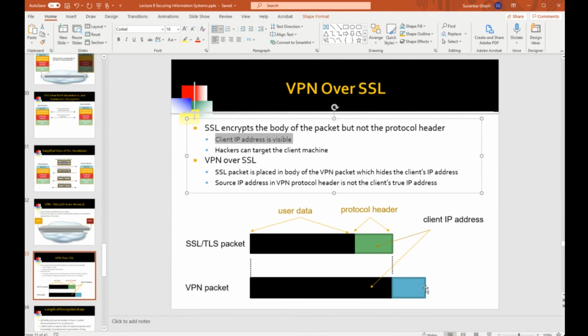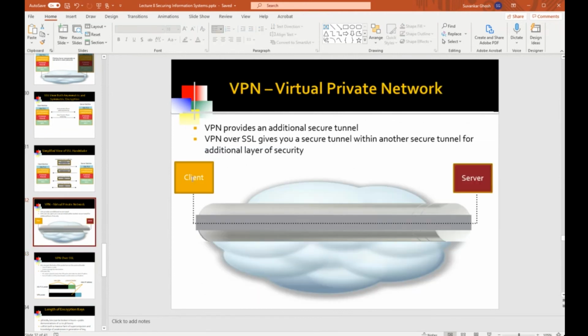And it is this which is transmitted through the internet. So basically, what is going on between the client and the server that want to communicate over a VPN connection is that those SSL packets or TLS packets, they themselves are encrypted and put within an outer protocol layer packet, which will have the source IP address of the VPN tunnel. So this is also referred to as a VPN tunnel.